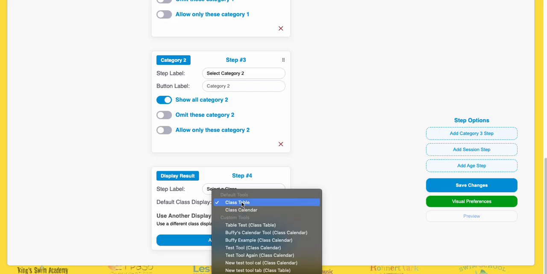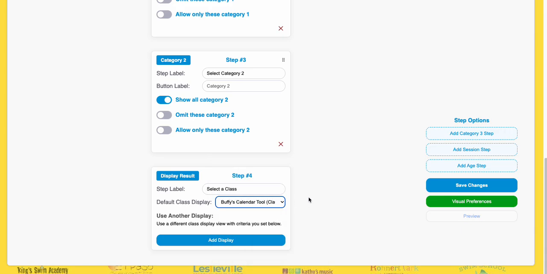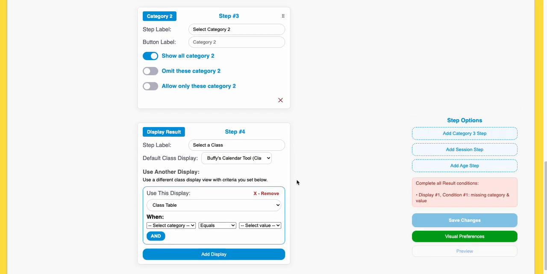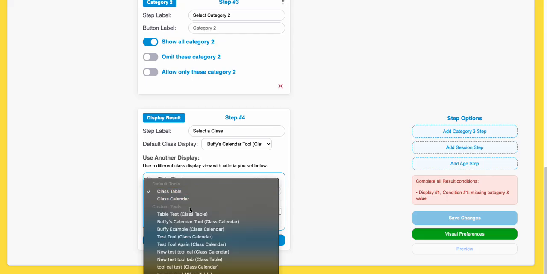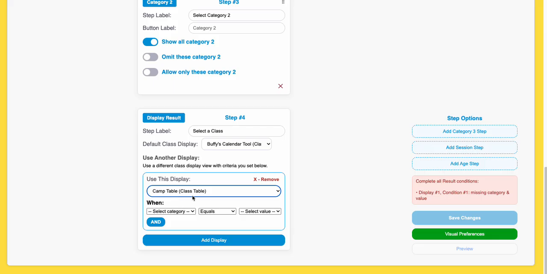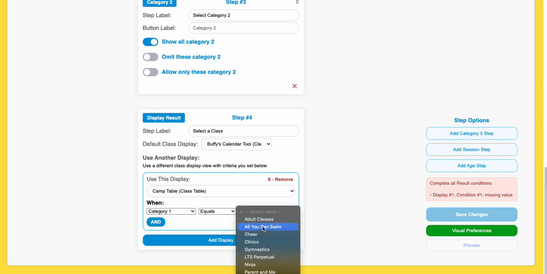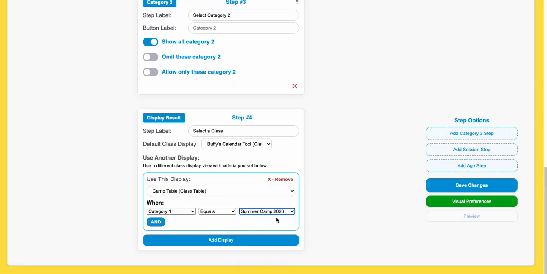So all the tools have a default, or they have a custom tool that you've created previously. I'm just going to select this Buffy's calendar tool that I created for an example a while ago, and that's going to be the default view. And then I'm going to add a display, and it is going to be this camp table that I made in a prior video. And I'm going to display that when we say category 1 is equal to summer camp